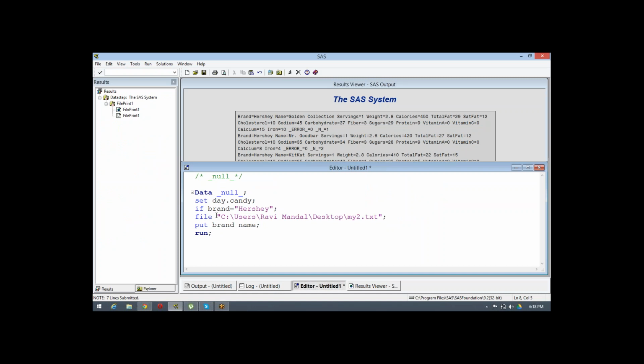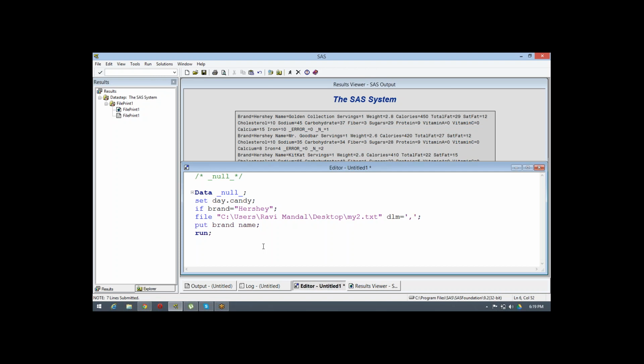So this is called your specification of a file location, and here you can provide what type of delimiters you want to use to separate the variables. You can use DLM equal to comma.